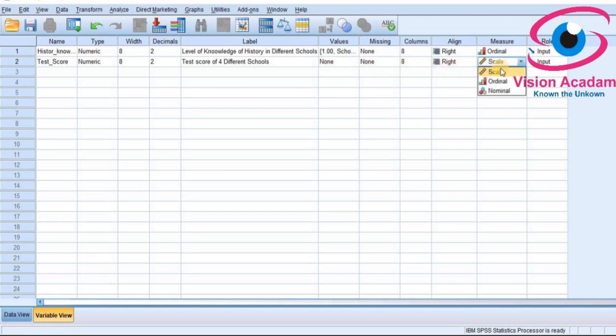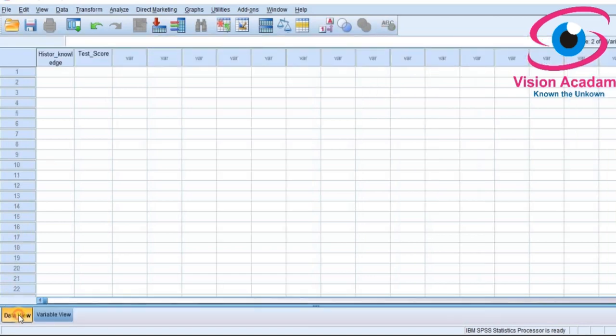In the measure I will select scale, because since it is a dependent variable, the dependent variable must be on continuous scale, which means either it is interval or ratio scale. So now I will enter data in the SPSS data view.